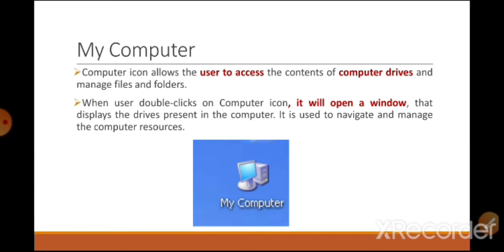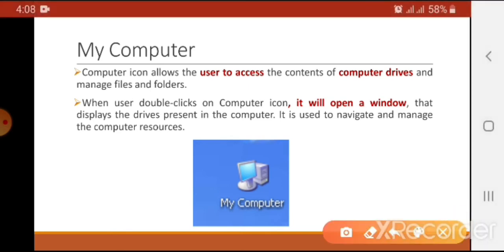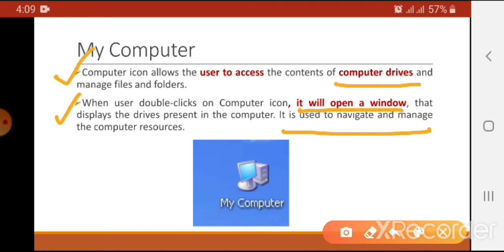The next is My Computer. My Computer icon allows the user to access the contents of computer drives and manages files and folders. When user double clicks on computer icon, it will open a window that displays the drives present in the computer. It is used to navigate and manage the computer resources. Basically,